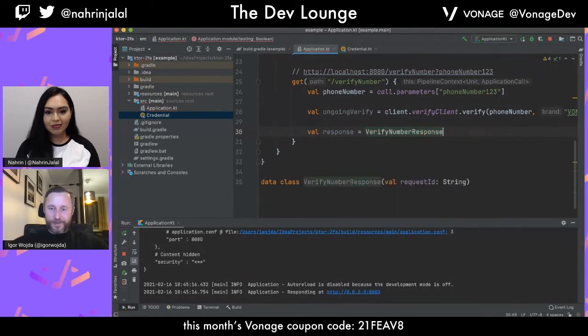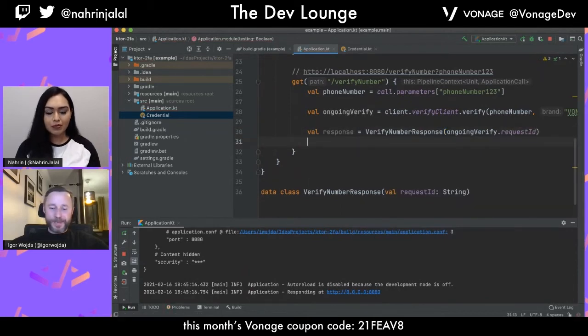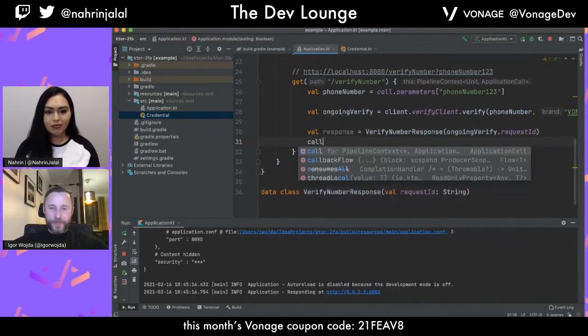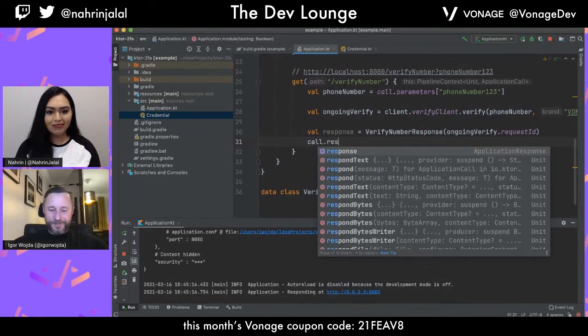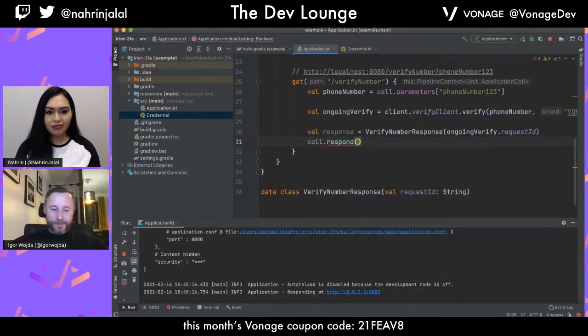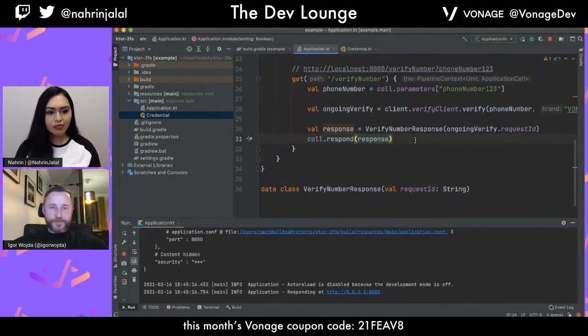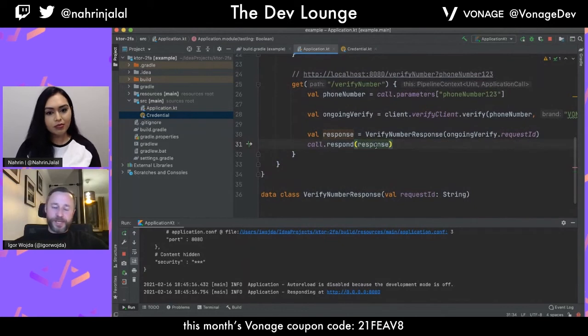Response ID, and we will pass the ID of the ongoing request, and we return this response for this request. Response, and we put this response. So one thing that is important to notice is that nowadays we don't want to return pure text